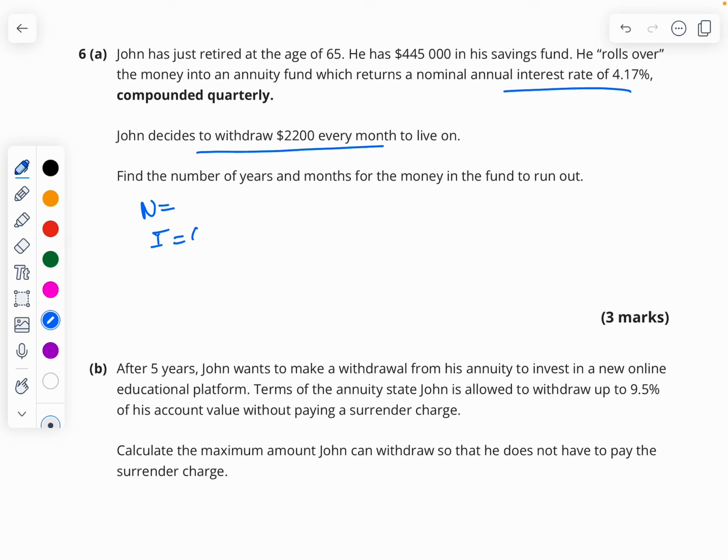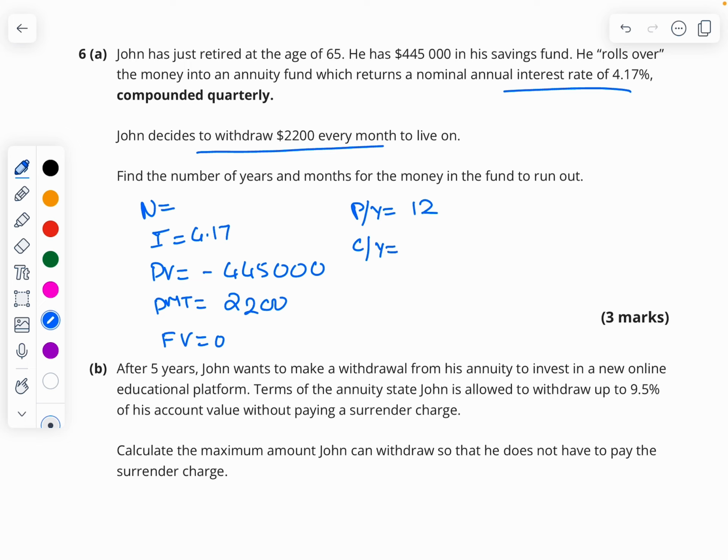I equals 4.1. Present value is minus 445,000 because he is investing, it is going away from him. So PMT, he is getting back 2,200. Future value is going to be 0. P/Y he is getting every month, so 12. But C/Y will be quarterly because it is compounded quarterly, 4. Calculate by that. You will be getting the value of n as